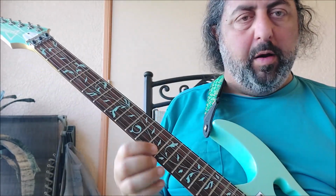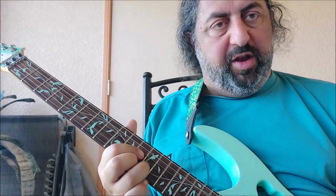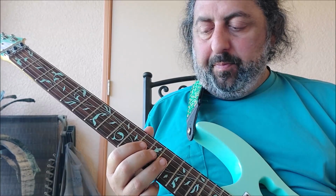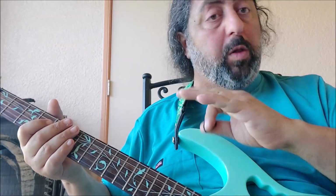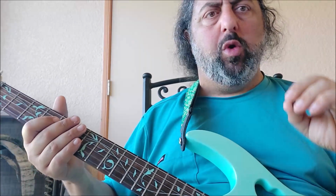But I play it down here, thinking of the B triad there with the D shape. Now, from there, it hits the E. This is where we give the E a different solo treatment, is what I'm going to call it, because in this part of the riff, the E is not in conjunction with the A. It's all alone. So you've got more time to play over the E,